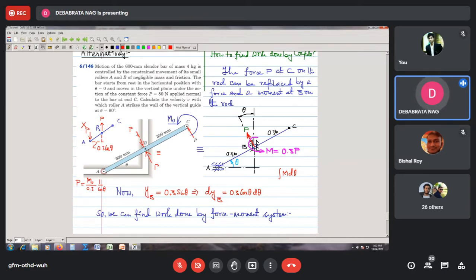তখন কি দাঁড়ালো, এখানে ডিইউ, ডিফারেন্সিয়াল ওয়ার্ক ডানটা দাঁড়ালো কত, ডিফারেন্সিয়াল ওয়ার্ক ডানটা দাঁড়িয়ে গেল m0 d থিটা অনলি। cos থিটা 0.3 cos থিটা তো কেটে গেল, তাহলে du becomes equal to m0 d থিটা। তাহলে টোটাল ওয়ার্ক ডান কত হচ্ছে, ইন্টিগ্রেশন ফ্রম 0 টু পাই বাই 2 m0 d থিটা, মানে সেটা হয়ে গেল কত, পাই বাই 2 ইনটু m0। তাহলে ওয়ার্ক ডান বাই দিস মোমেন্ট ইজ পাই বাই 2 ইনটু m0।